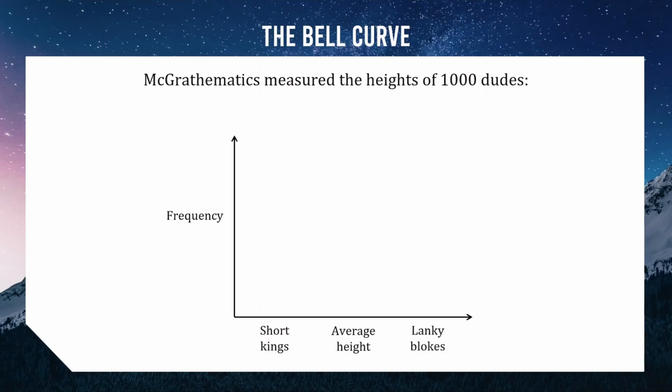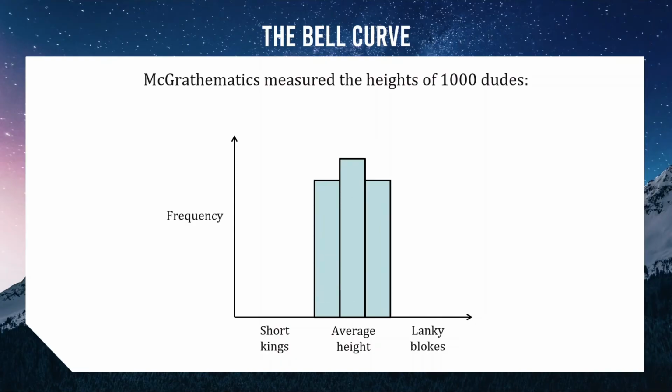Now, what you're going to find, if you record the heights of 1,000 people, is that the average height in the middle is going to be the most frequent. That's what average means for most things. All right, it's the most likely thing to occur. Now, as you move further away from average height and you get taller and shorter, what you'll find is these heights are going to be less and less common. So going a little bit away from the mean is going to look like this. And then as you go further up each end, the frequencies are going to go lower and lower